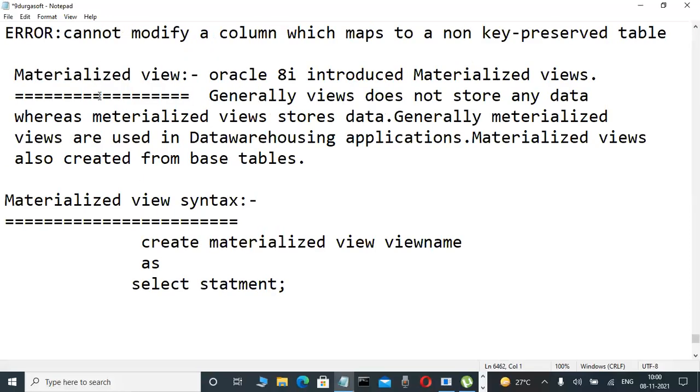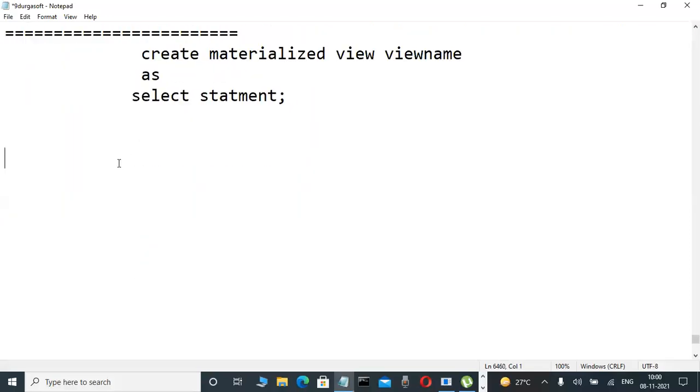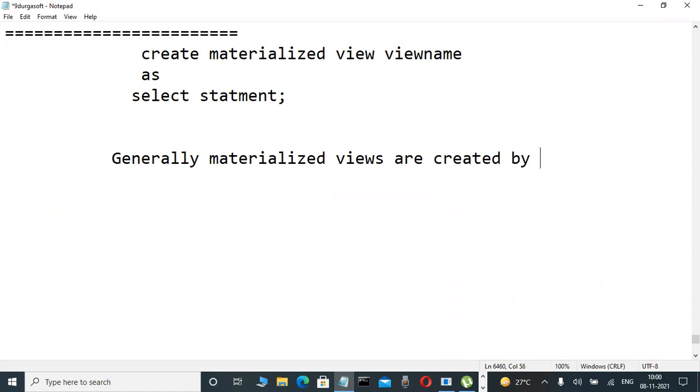Yes, this big theory, write it first, because all the things practically are very interesting. Write it, next para. Next para, write it. Generally, materialized views are created by database administrator